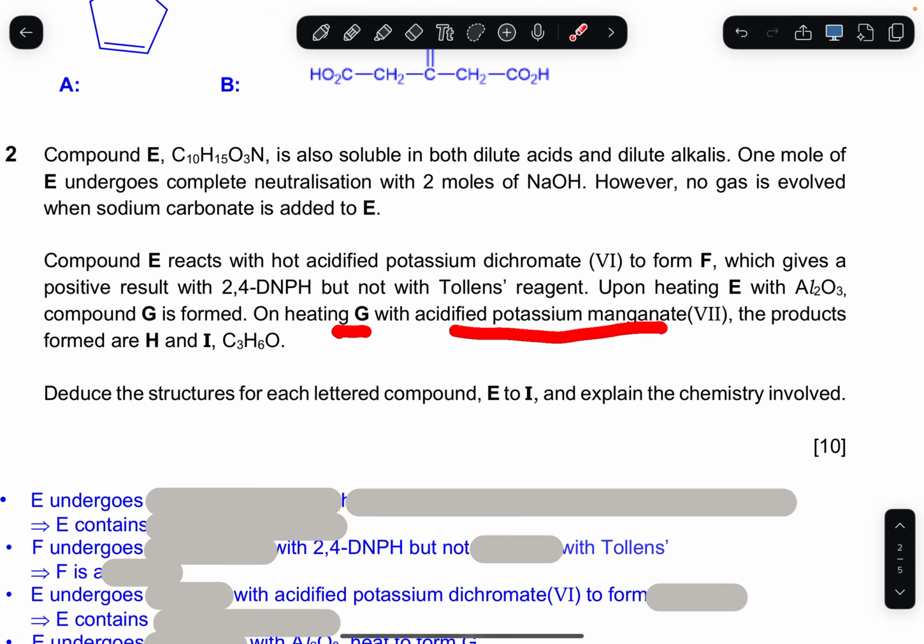Okay, so E reacts with hot KMnO4, hot K2Cr2O7 to form F. So obviously the type of reaction is oxidation, but it's not the side chain oxidation. It is potentially of,